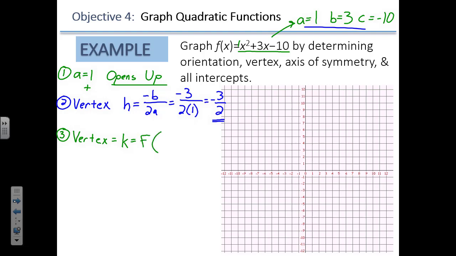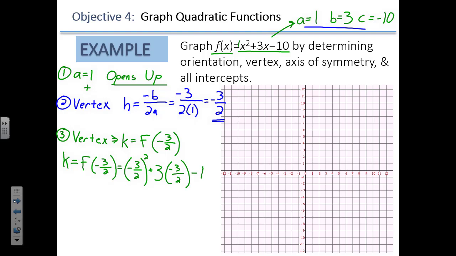we're going to plug our h value, negative 3 halves, that's an x value, and that'll allow us to find the corresponding y value. So that means our k value is going to be equal to negative 3 halves plugged into the f function, and so based on our function up here, that's going to be negative 3 halves squared plus 3 times negative 3 halves minus 10. This is a good time to use the fraction button on your calculator, and if you compute that